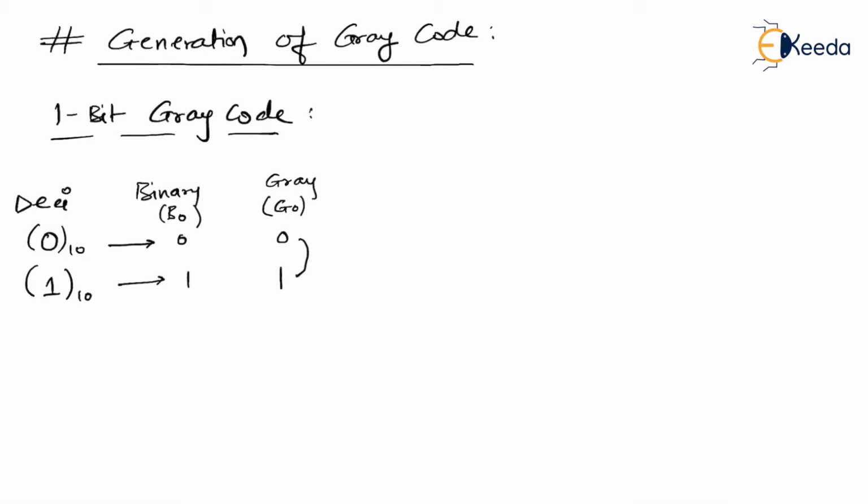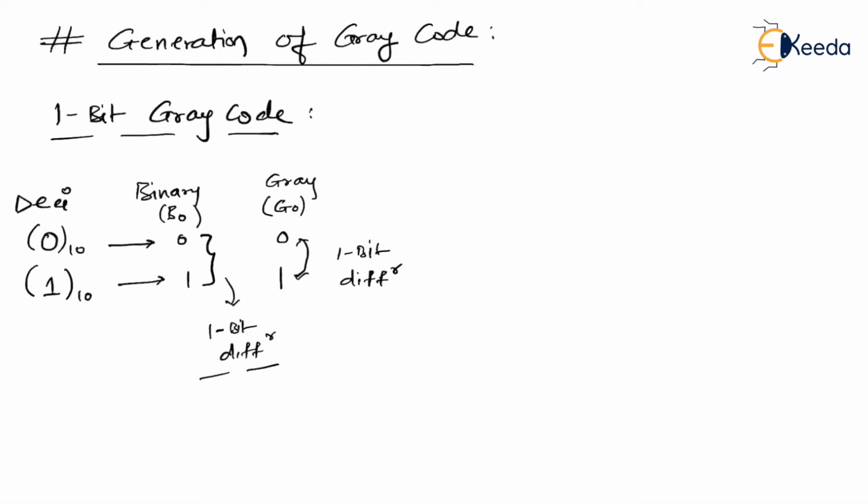Now if you compare gray code, two consecutive numbers will show only one bit difference. Now a student may ask me, here also there is one bit difference. Yes, of course, there is also one bit difference. So far there is no difference between binary and gray code. Since we have started with only one bit, you will not understand the significance of gray code, or you will see no differences. So just keep this one bit gray code aside. Let's have some patience and listen to me very carefully.